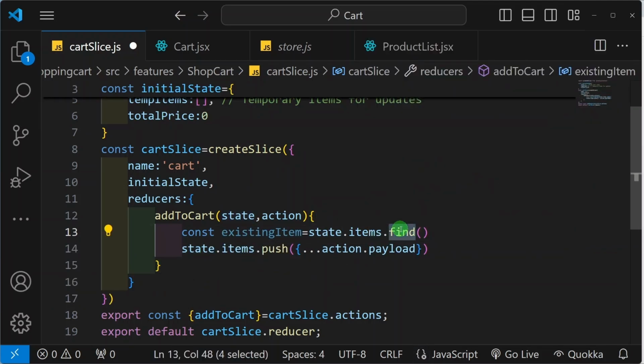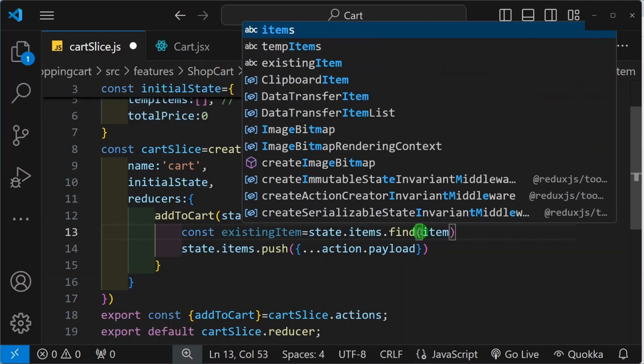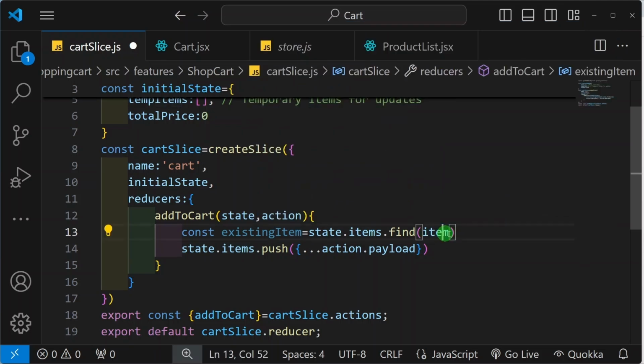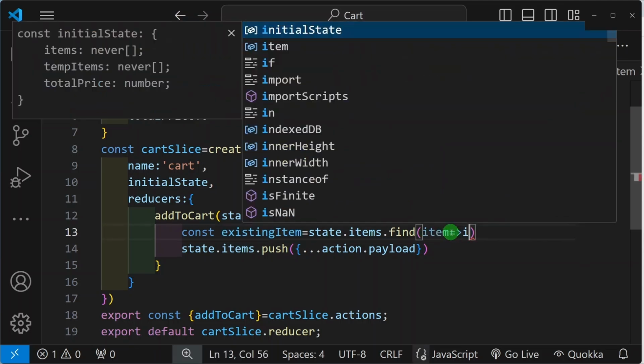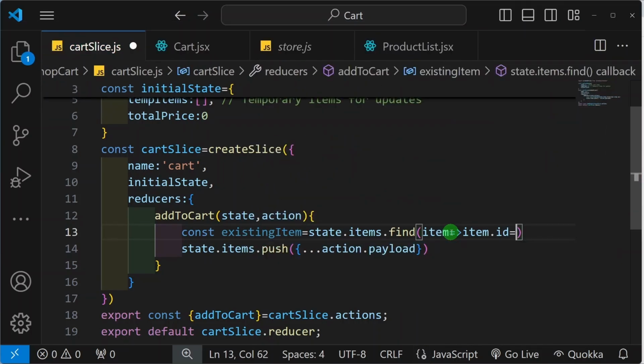This find method will run for every element present inside this array. So here I will pass a callback function. For each and every object, I'm just giving the value item. Arrow function, I will check if this item.id is equal to